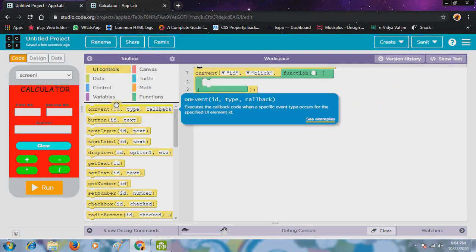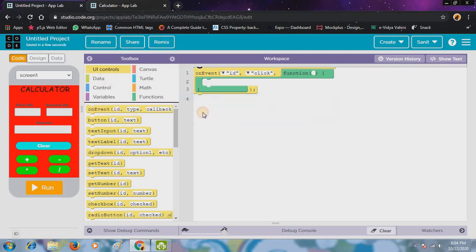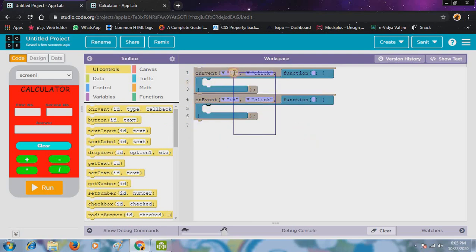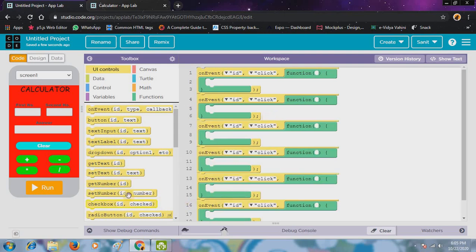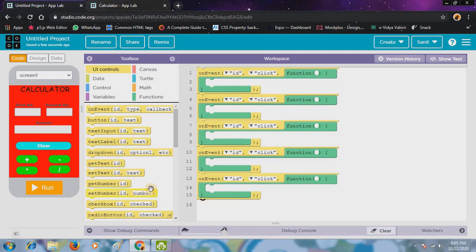As you can see, this on event in UI controls, just drag and drop it. I will just copy it, one more action.